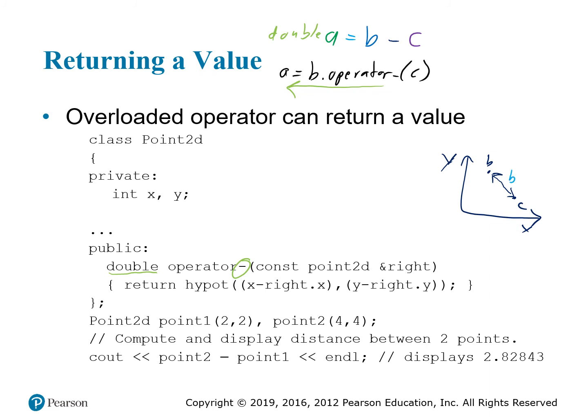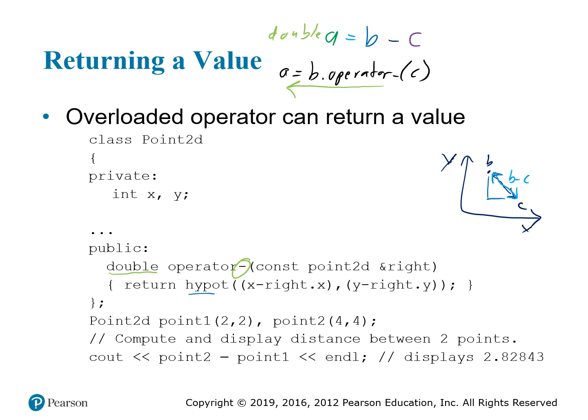This is B minus C, is that straight line distance right there, okay? So what we're going to do is treat that as a right triangle. And as you may know, C has a hypotenuse function that does the Pythagorean theorem for you. So we just return hypotenuse of,